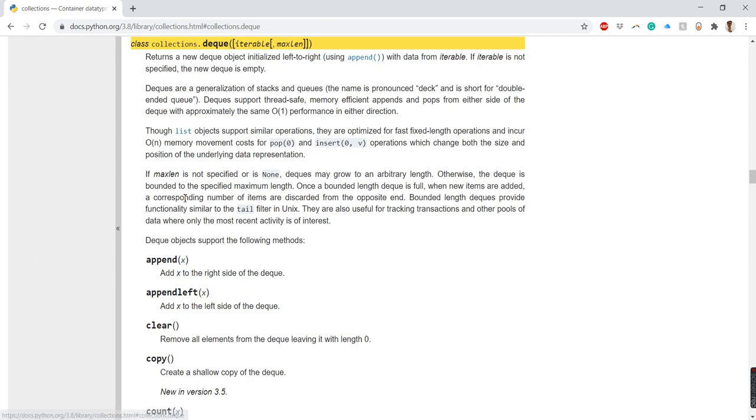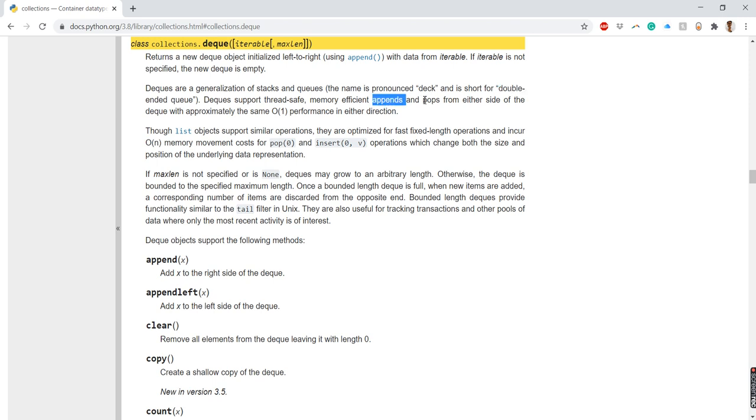So we just move on to DQs, and DQs are a generalization of the stacks and queues. The name is deck, and when DQ is expanded, it becomes double-ended queue. Some of the features of this DQ are that they are thread safe and memory efficient. Why?